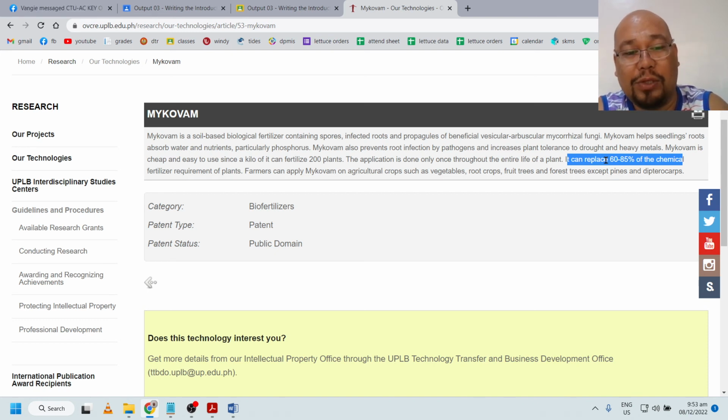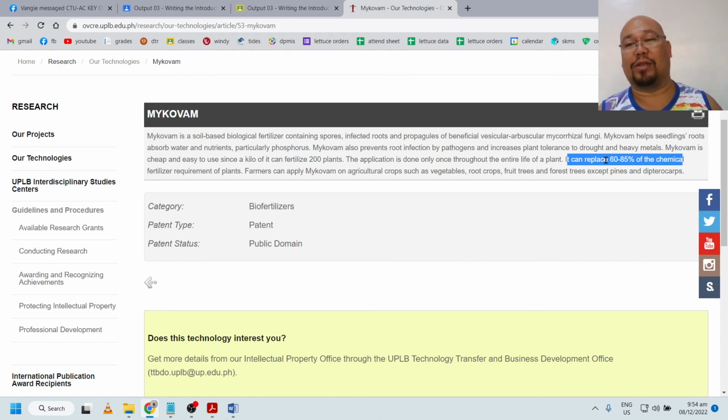increase 15% of the recommendation, 30% of the recommendation, 45% of the recommendation. Like that. And then you apply mycobam all throughout. See the effect of it here. Then probably you also have a treatment where you give 100% of the recommendation but without the mycobam, and